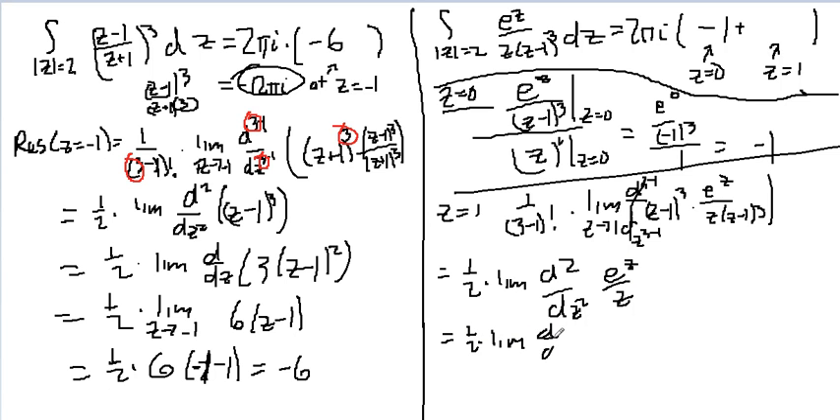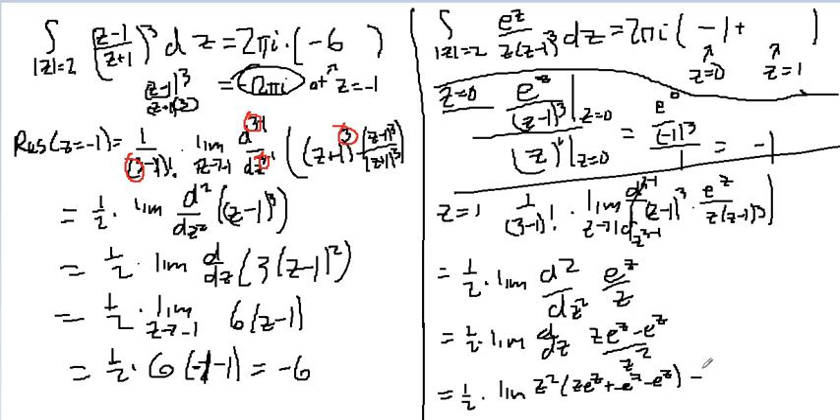which equals 1/2 times the limit. The first derivative, using the quotient rule, I get z e to the z minus e to the z over z squared, which equals 1/2 times the limit of, if I take the derivative of this, I get z squared times z e to the z plus e to the z minus e to the z, minus 2z times z e to the z minus e to the z, all over z to the 4th. So you just plug in 1 and you're going to get